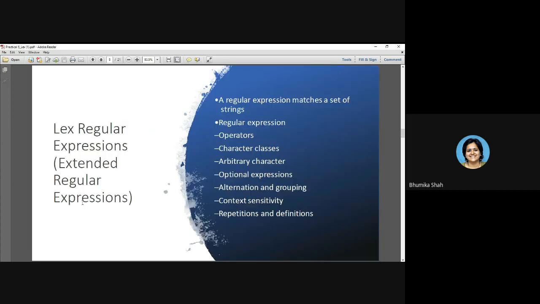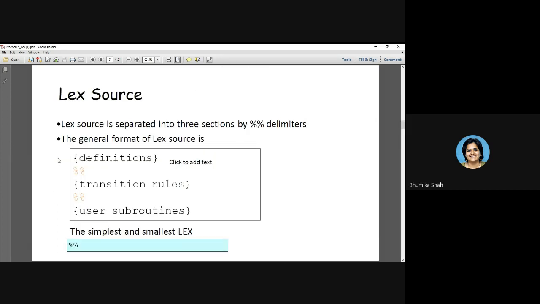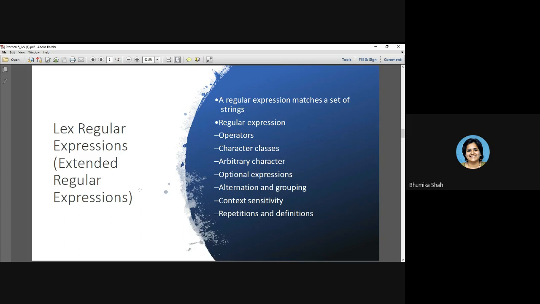Okay, fine. Now, as we have just said, the second section, that is the rule action section, meaning the transition rules section, is the heart of the program. To understand the Lex program, we will first see how regular expressions are going to be written so that we can understand the heart of the Lex program. This is what we have already discussed in theory also, but we'll quickly revise. We are going to discuss all this after this in detail.